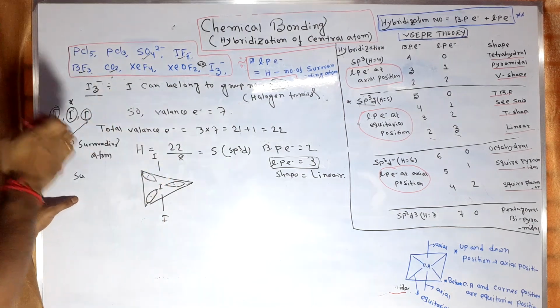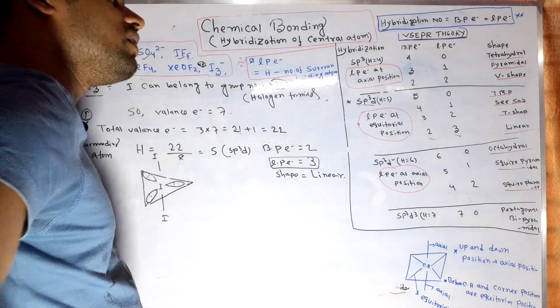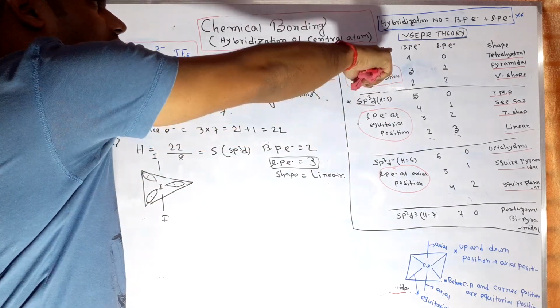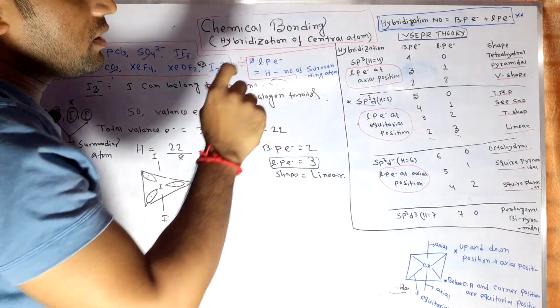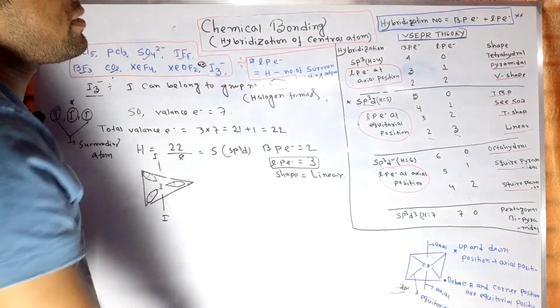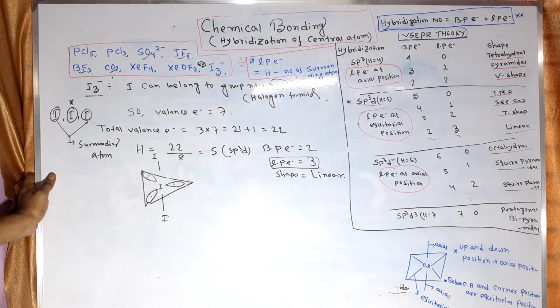Please note this down clearly, it is very useful information. The VSEPR theory, the hybridization number formula, the structure, shape and their distribution, and the axial and equatorial positions are all very important for determining shape. Always remember the shape depends only on lone pair electrons. When lone pair electrons are 0, the shape and the geometry are always the same. We described these topics in previous lecture number 2. These are a few examples of the hybridization process. Thank you very much.